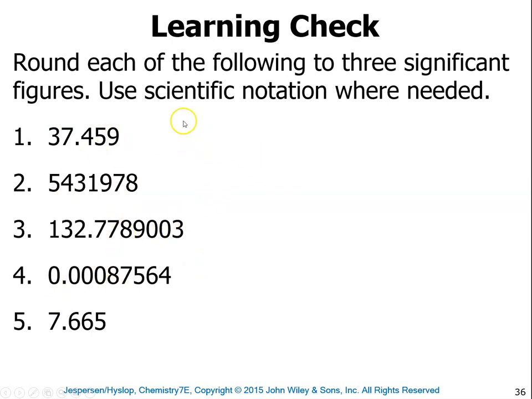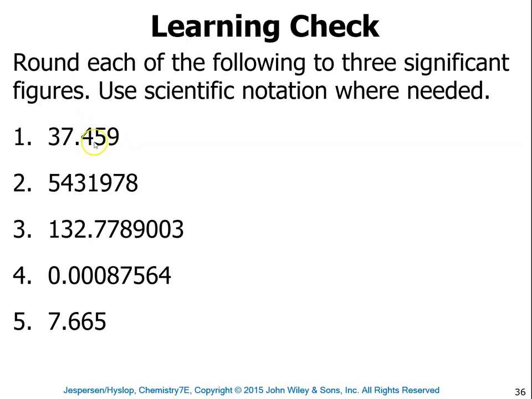Okay, so we're going to round all of these to 3 significant figures. Just practice this. Use scientific notation where needed, and pause. Take some time to make scientific notation, round to the appropriate values, and then we'll move on to the next part. All right, so for this one, if we're going to round this to 3 significant figures,